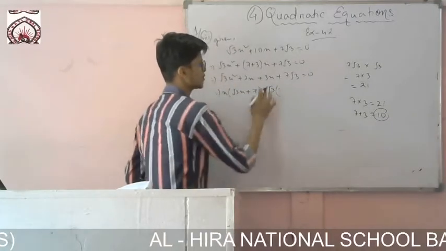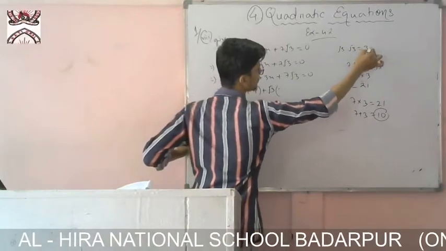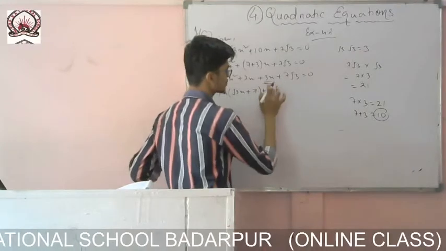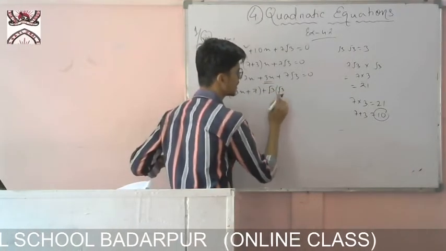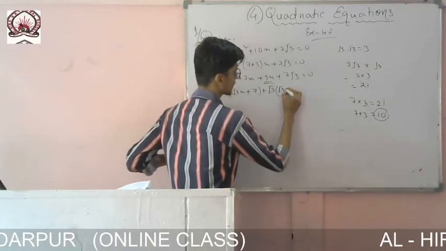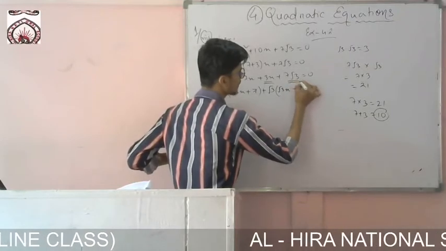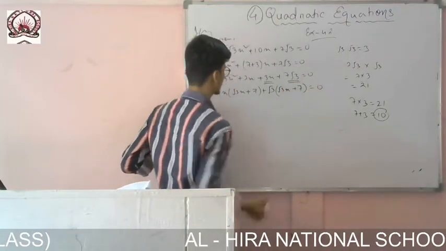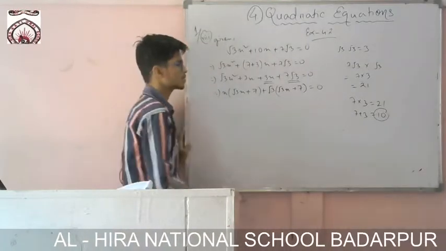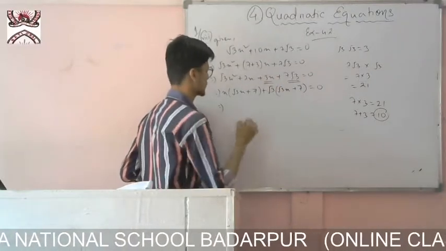So if root 3 is common, then there root 3 into root 3 it is 3. So out of this 3 I have taken root 3 common, so another root 3 left, because root 3 into root 3 it is 3, and here x is also there, plus, and root 3 I have taken common, so only 7 left, equals to 0. Every time you will find that this part and this part will come same, or else you cannot take common also, and then you think if it is not matching, then somewhere you have done error. Okay.